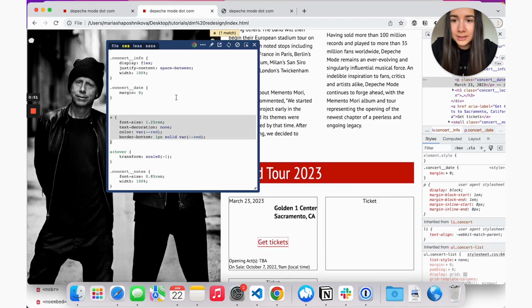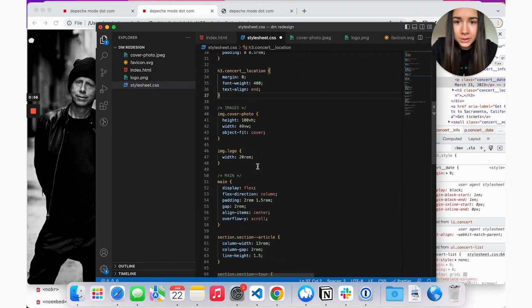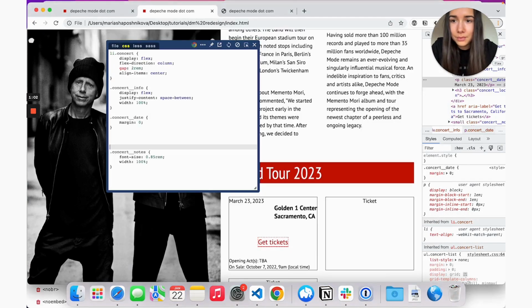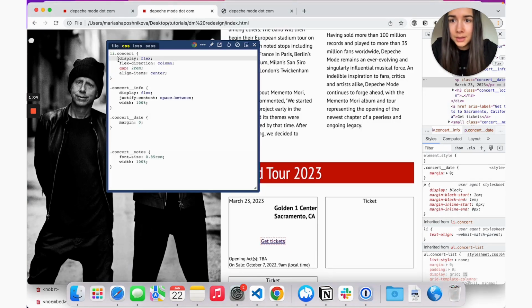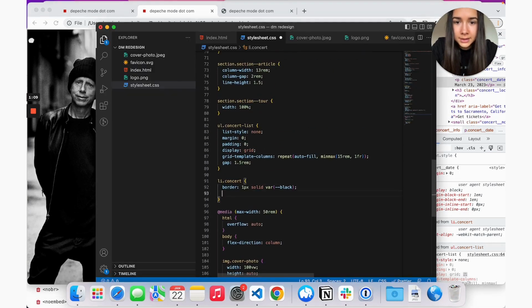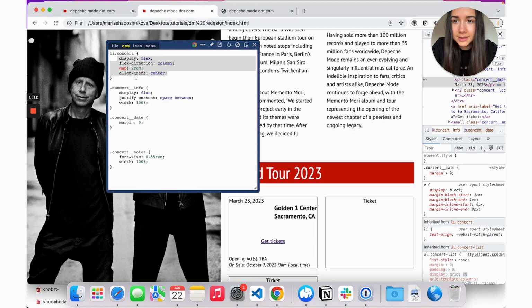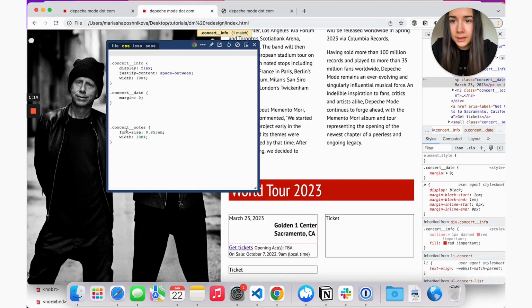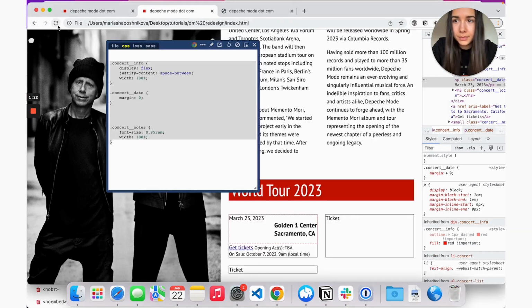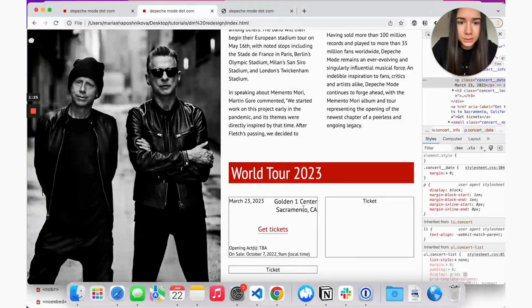So then our second one is going to be the a tag, and we'll actually also place it up on the top here. And then we'll have our concert stuff, which we already had a selector for, so I'll just place it inside the existing one. And then the rest of this stuff I'll copy and place here at the bottom. So now if we refresh, we'll see that all of our styling is still here.